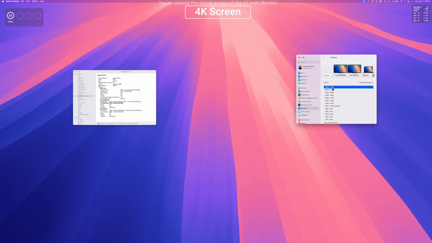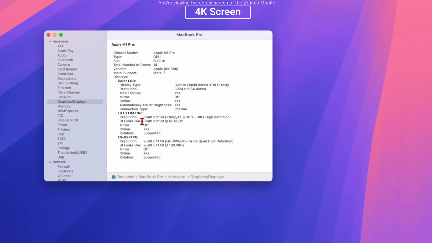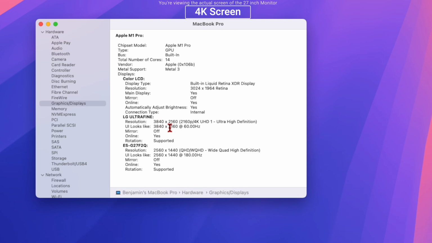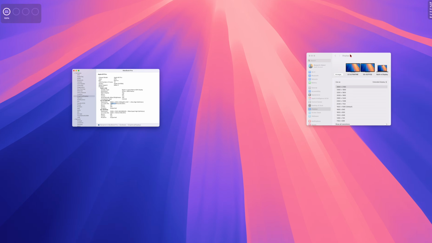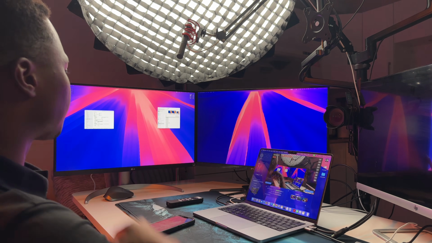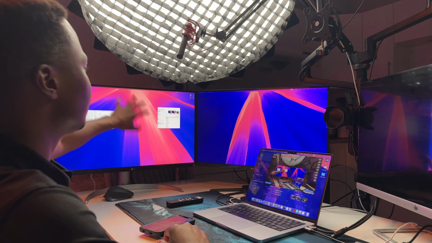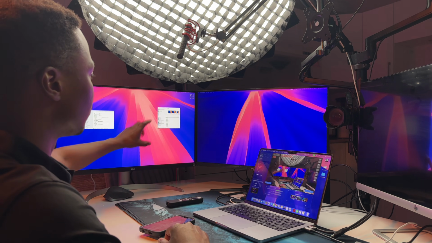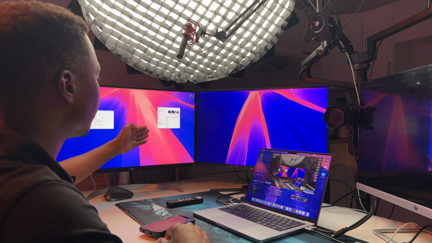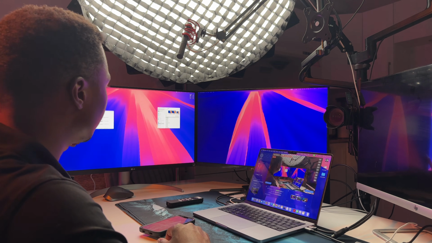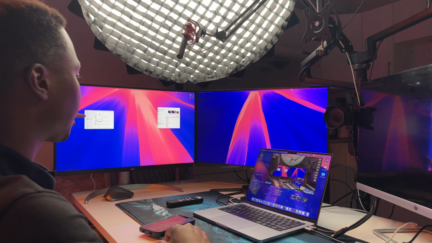The UI is scaled to look like 4K, and if we were to refresh this page right here, you can see, for example, the resolution is 3840 by 2160, and the UI looks like 3840 by 2160. And you can see, for example, from where I'm sitting right here, how hard it is to see text, and this is like arm's length away. So this is how it looks when the UI has been scaled to look like 4K on a 4K panel,